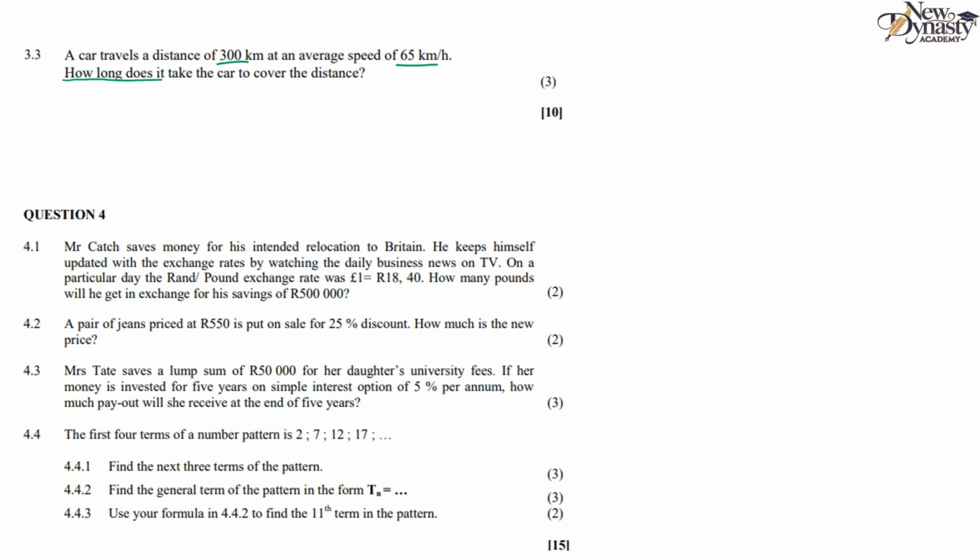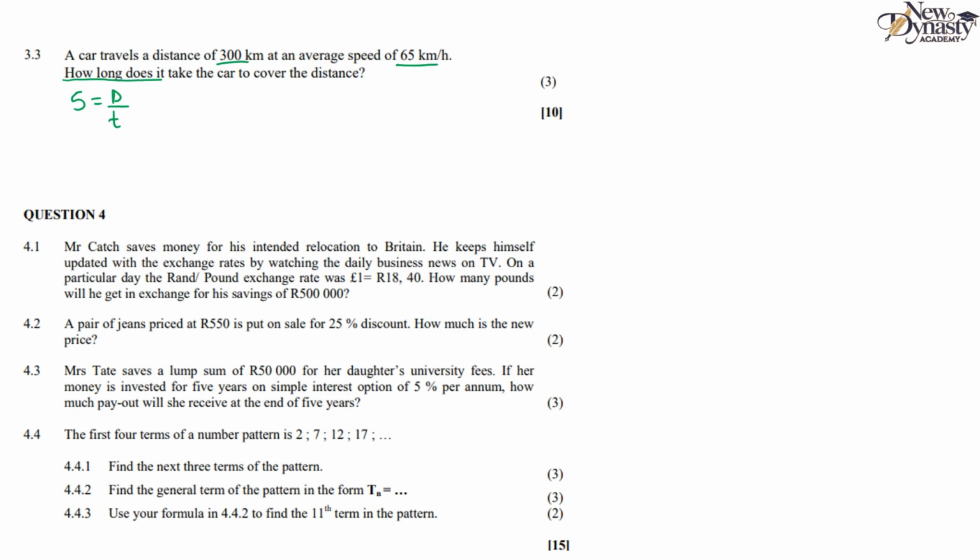Now we have the formula that we use here to calculate this. The formula is speed equals distance over time. That is how this formula is written. But in this case, we are asked to calculate the time. So it means we have to make t the subject of the formula in this case. So how do you do that? You see where t is. See, t is at the denominator. So for you to make t the subject of the formula and we have got s on the other side,